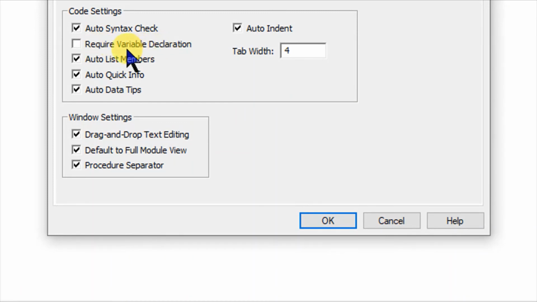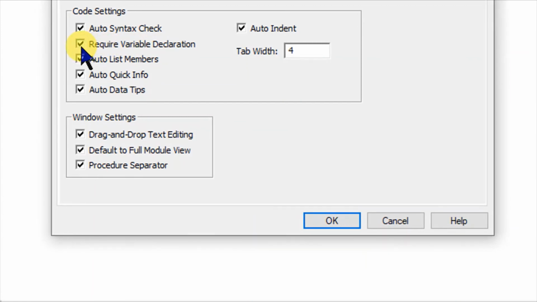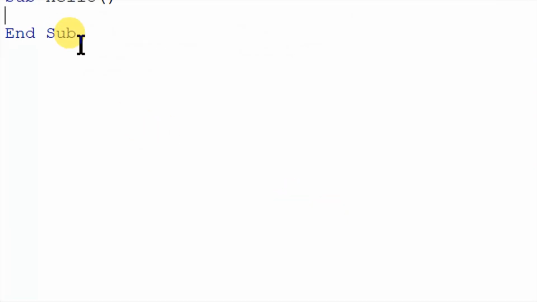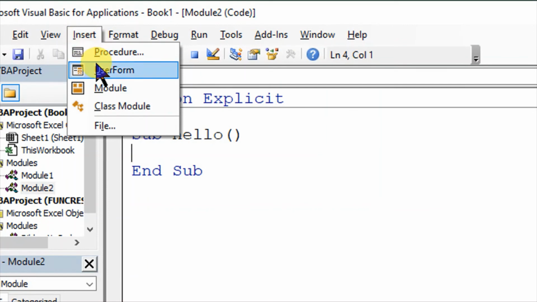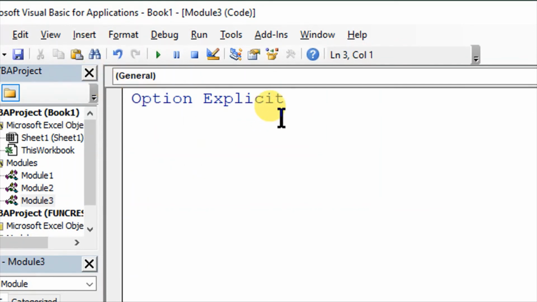If you click this, now every time you open a module, it will by default write Option Explicit for you. So you just tick over here. Now see, I'll insert another module. Insert Module. So every time Option Explicit will come by default. You don't have to do anything. You just have to declare the variables as we are doing.